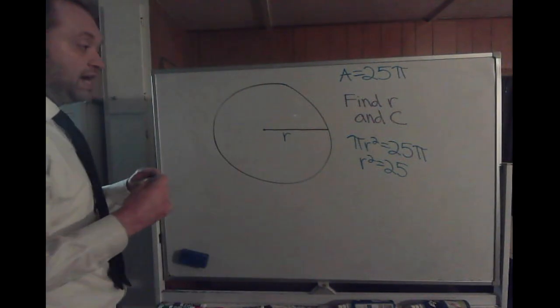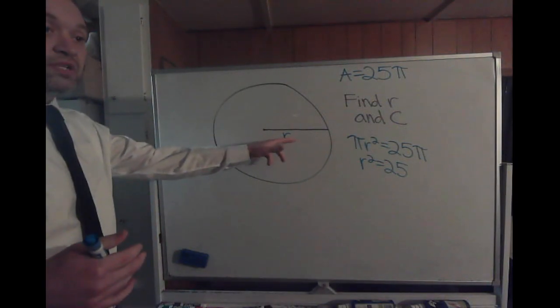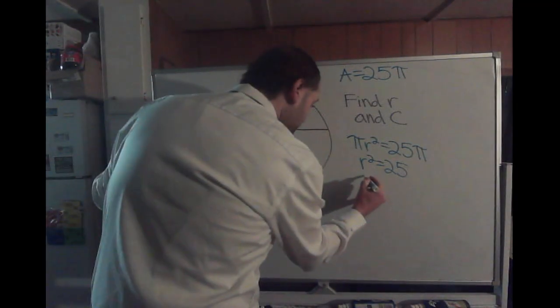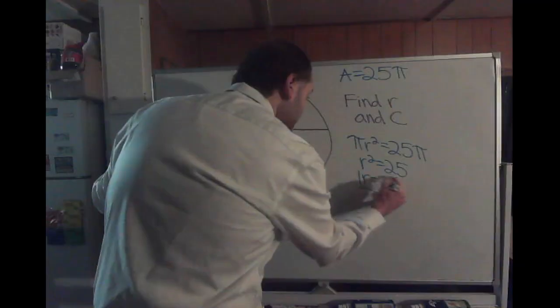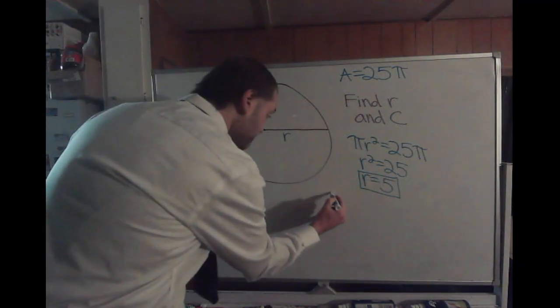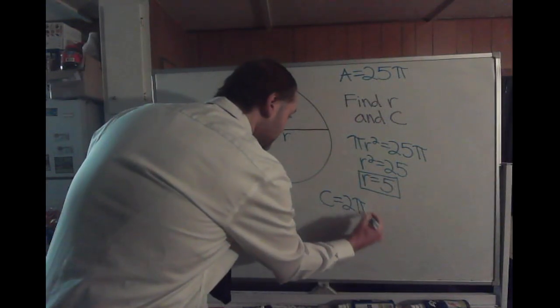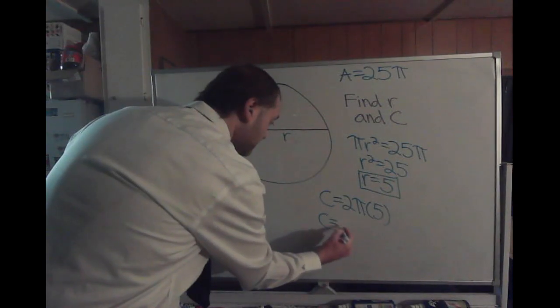And of course you're going to have a quadratic. You take only the positive square root since we're dealing with a length. Since there's no such thing as negative length, you would get that the radius is 5 units. So the radius is equal to 5. Now we can find the circumference quite easily. Circumference is going to be equal to 2 pi times that radius of 5,